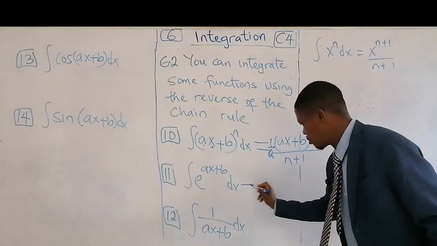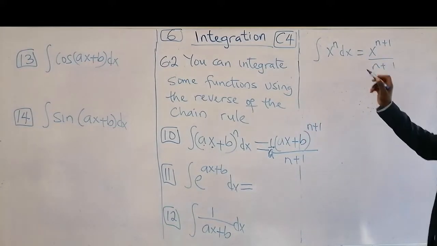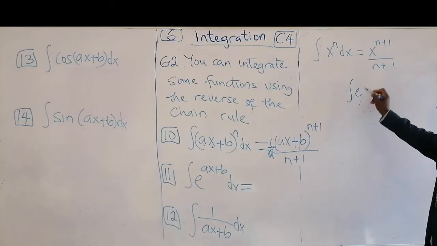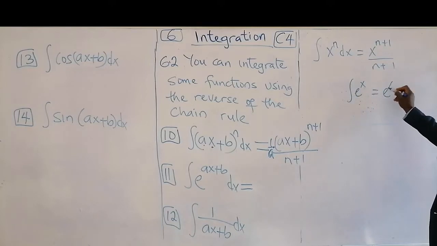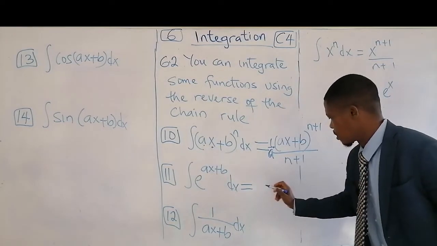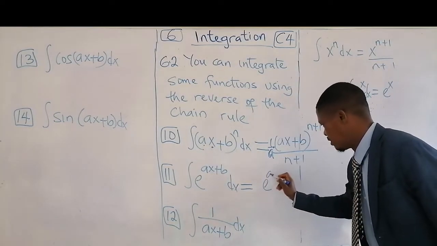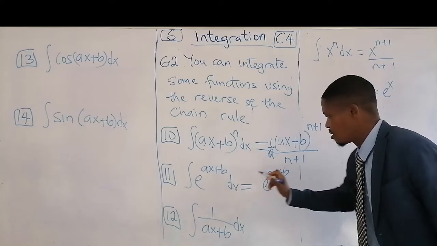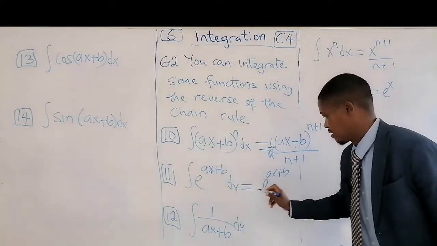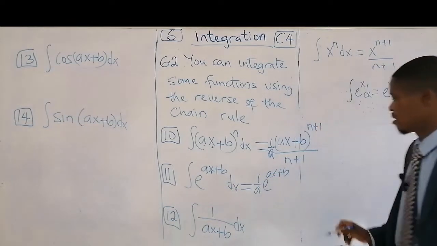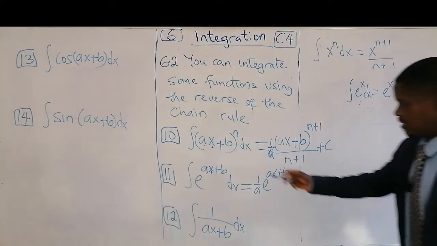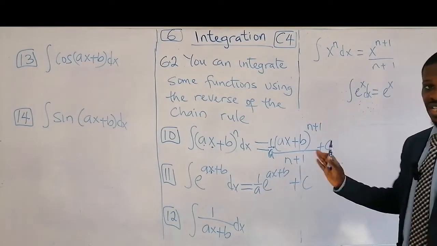The second one, we've also said in table 6.1 that the integral of exponential is the same as the equation. In this case now, the integral of exponential is the same, but we have to divide by the attachment to the function x, and that's 1 over a, plus c. Plus c. Don't forget this b, they're just constants.